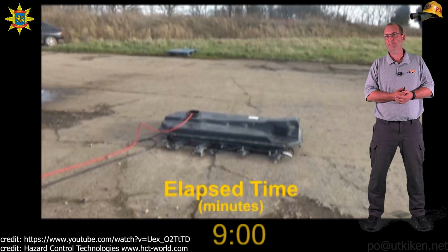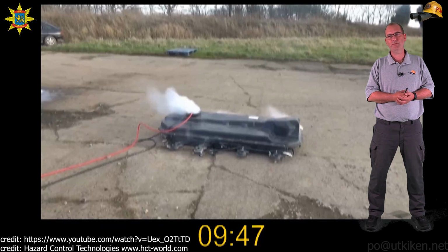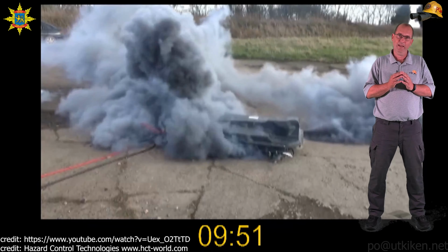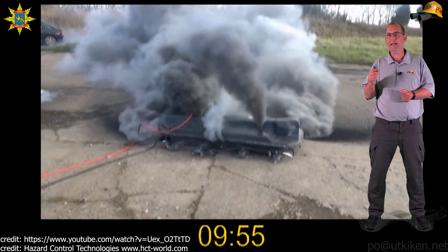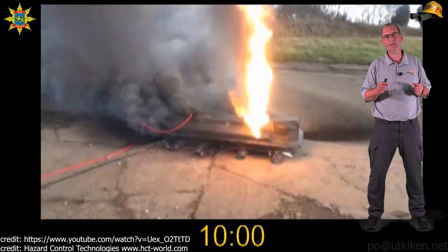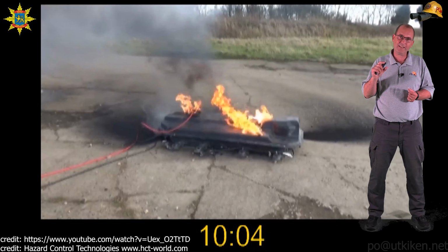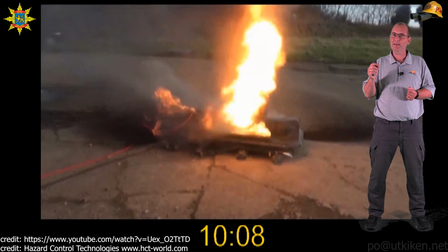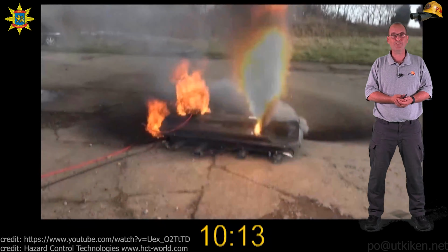that they have overcharged. We will see here that there is a lot of smoke produced. If this would have been indoors instead, you can see how the smoke builds up and it doesn't ignite, and then at a later stage we will see how it ignites. And this is when that ignition flame comes out,